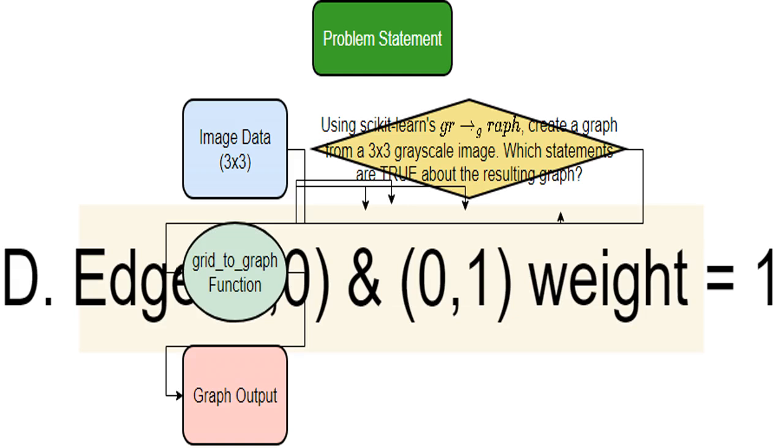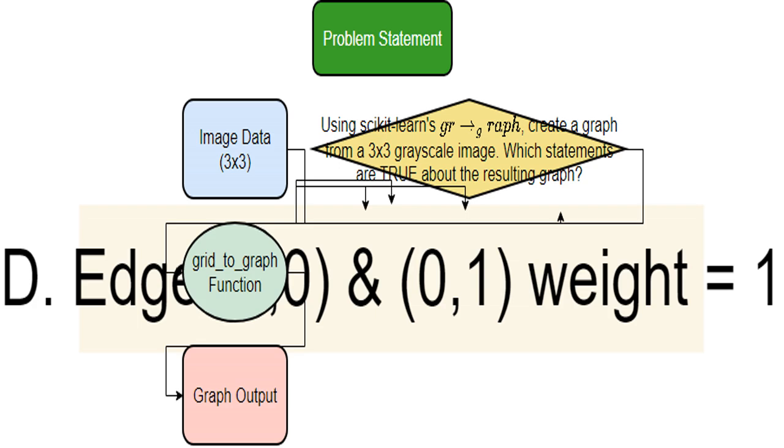I see a 3x3 grayscale image represented as a NumPy array. This means we have a 3x3 grid of numbers, each number representing the pixel's intensity. The numbers are arranged like this: 1, 2, 3, 4, 5, 6, 7, 8, 9. This image will be used as the input for the